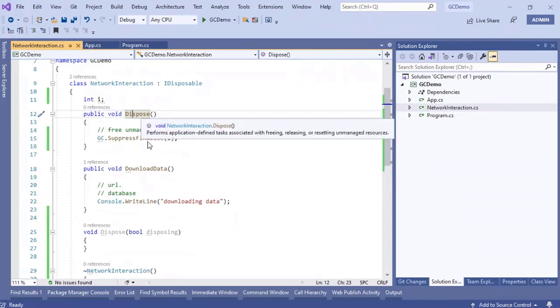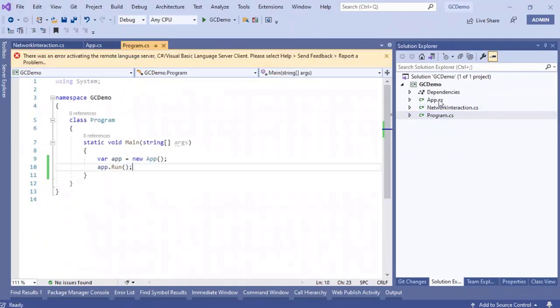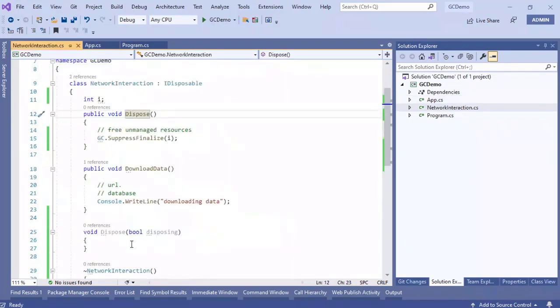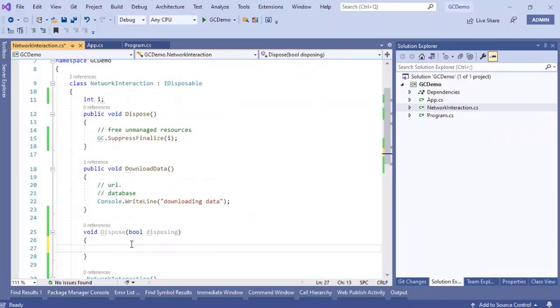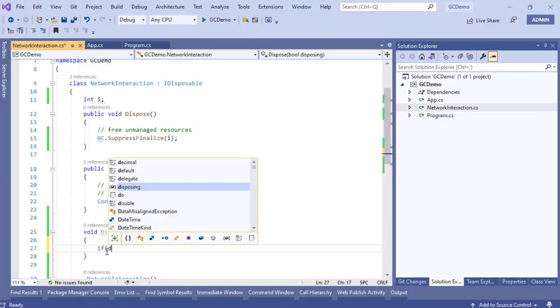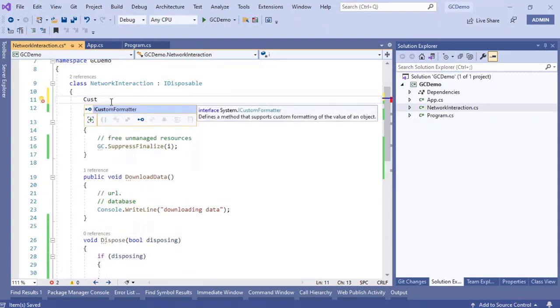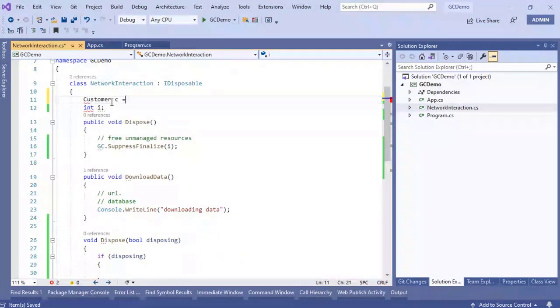And if the disposal is happening through the garbage collection call and not a dispose call from a statement like this, then we would want to free up the unmanaged resources ourselves. And in that case, we are going to say that, hey, release only the unmanaged resources. And to control that, we are going to use this variable. So using this variable, we're going to say that if it is disposing, we only release the managed resources, and managed resources are going to be objects like a customer C assigned to